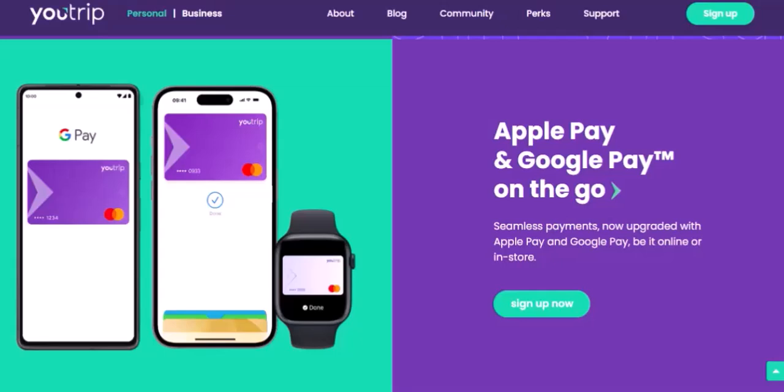This allows you to make spontaneous purchases, enjoy local experiences without worrying about currency exchange, and overall have a more relaxed and enjoyable travel experience. With YouTrip, managing your travel finances has never been easier. By following these simple steps, you can easily top up your card and embark on your global adventures with peace